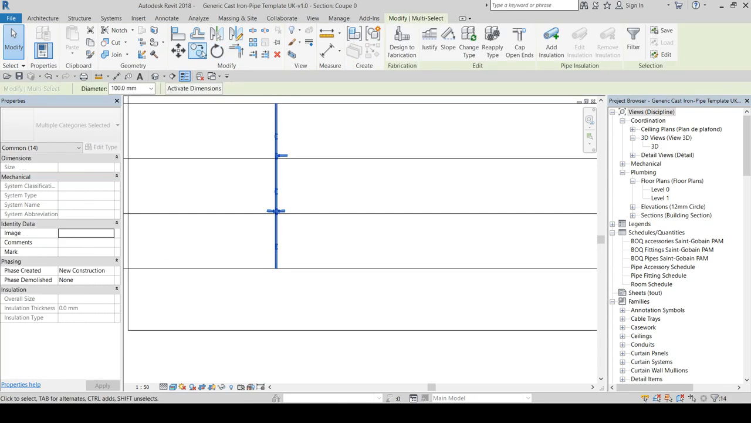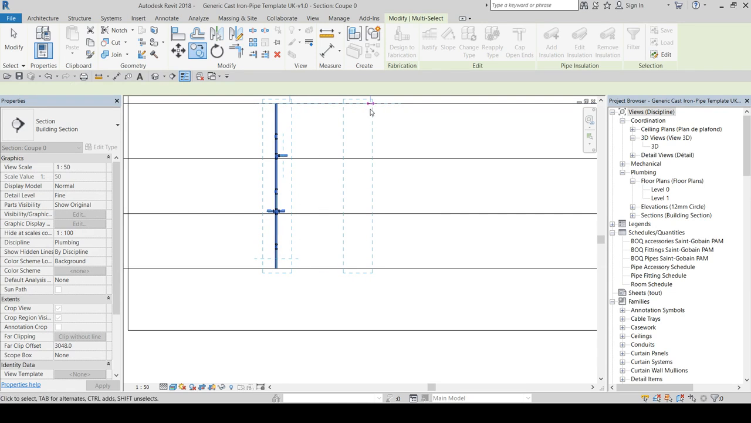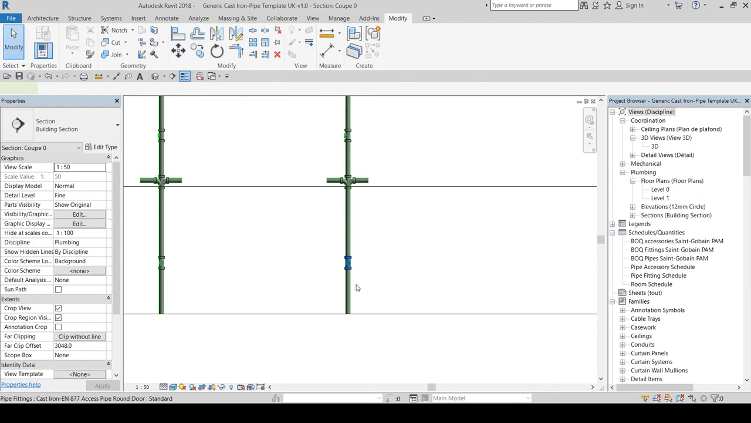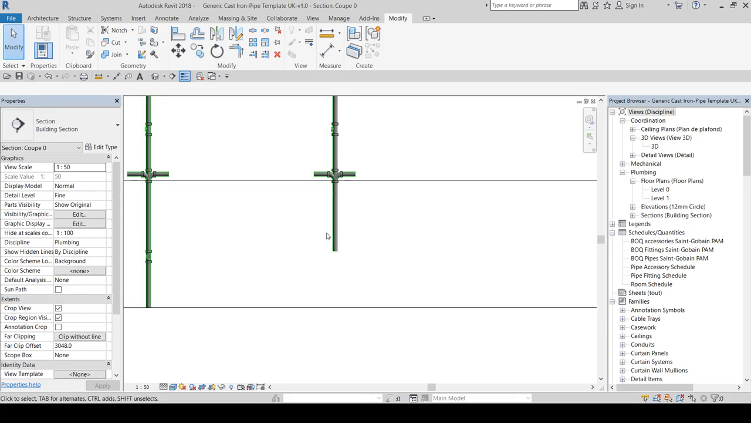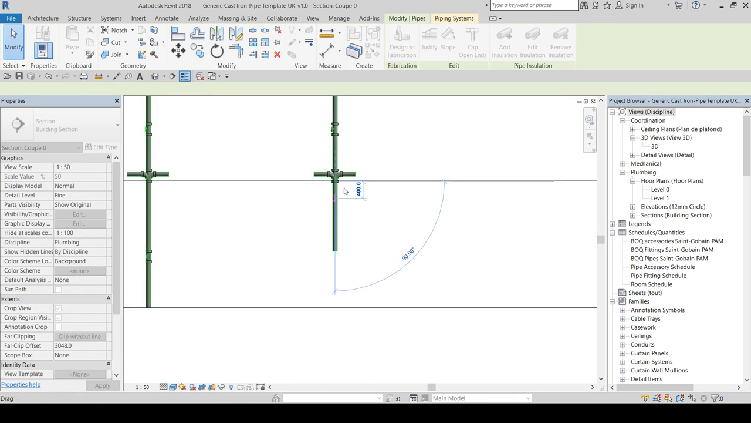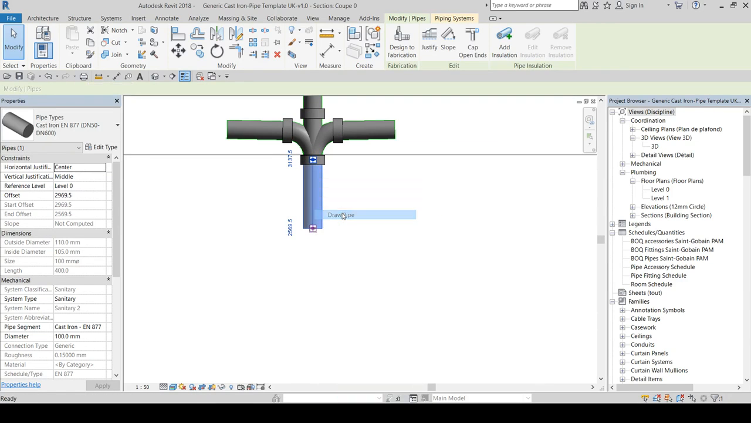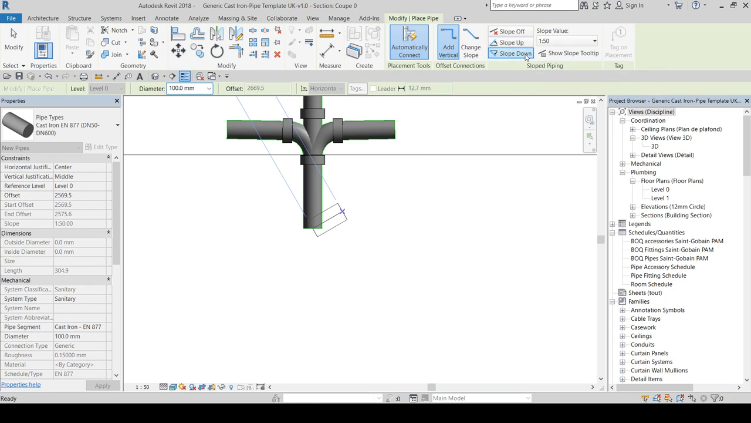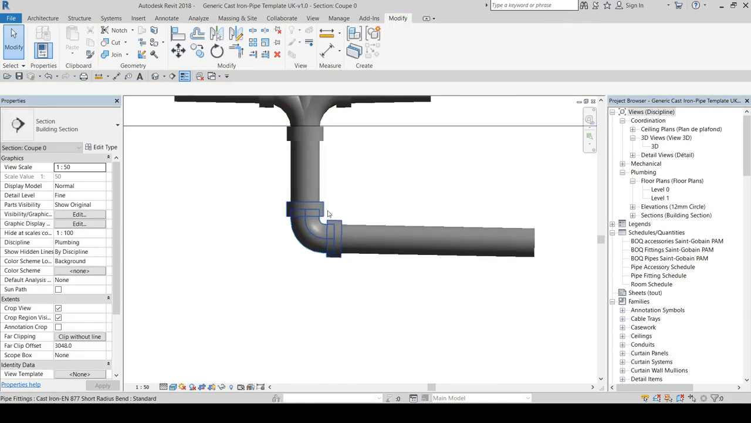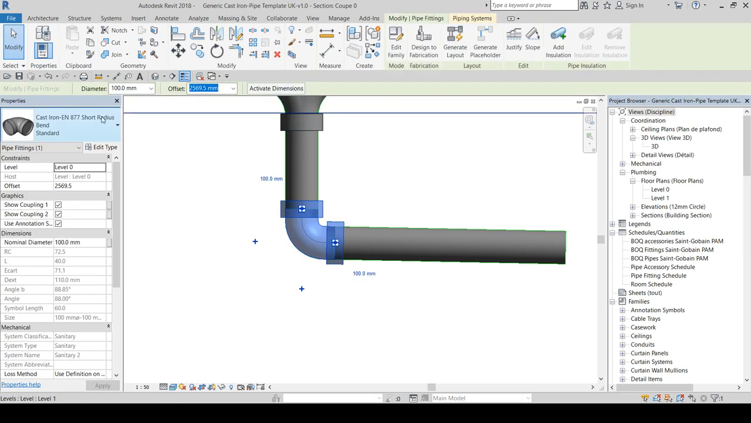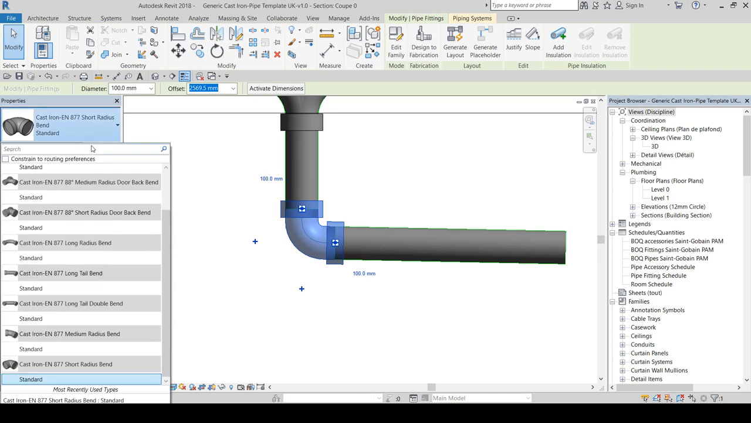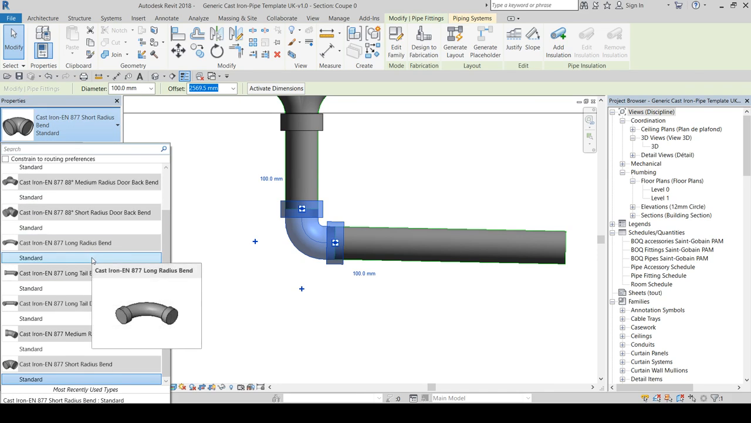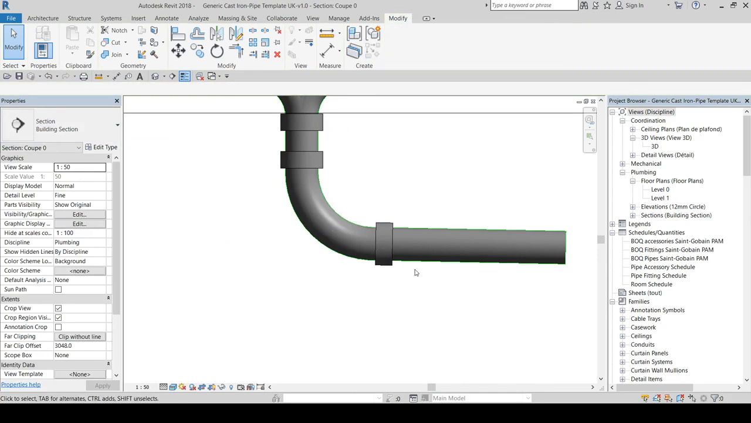If I quickly make a copy of this stack, we will assume that the other stack stops at high level at ground floor. Let's say it's offsetting at this level, so we need to slope down. So again, as default, in the pipe routing preferences, you have the short radius bends, but if you select the fittings and simply swap them with the ones that you need, long radius bend in my case,